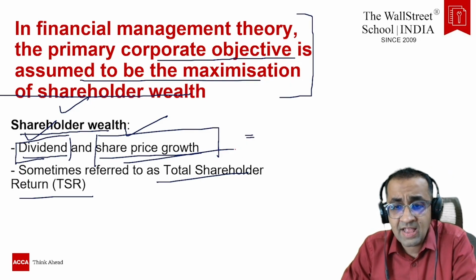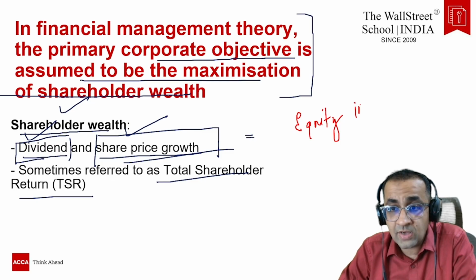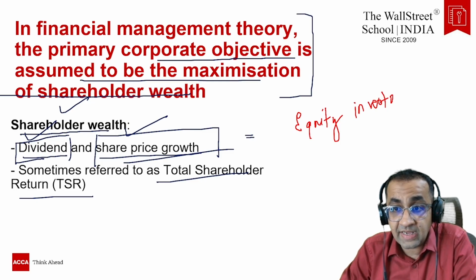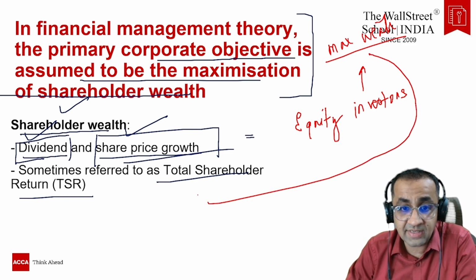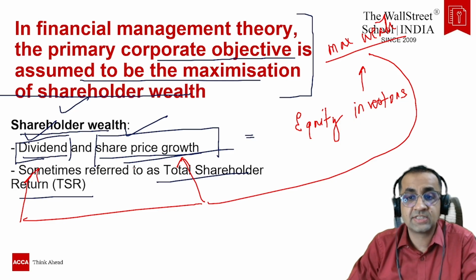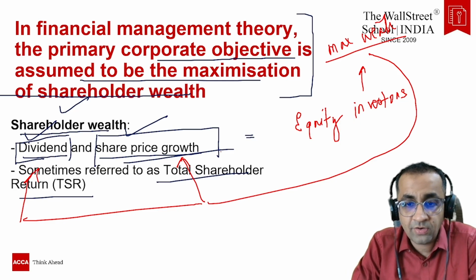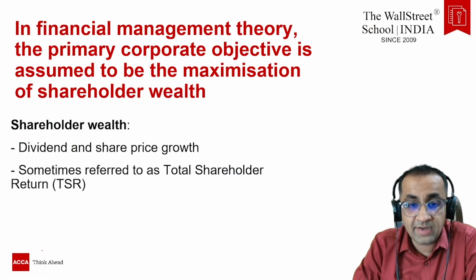Now, even if you think, if you are the equity investor in a company, why are you making this investment? You are making this investment to maximize your wealth. And this wealth, guys, is coming basically from share price increase and from dividends. All right, so I hope this is clear and understood by all of you, and it makes a lot of sense, right?